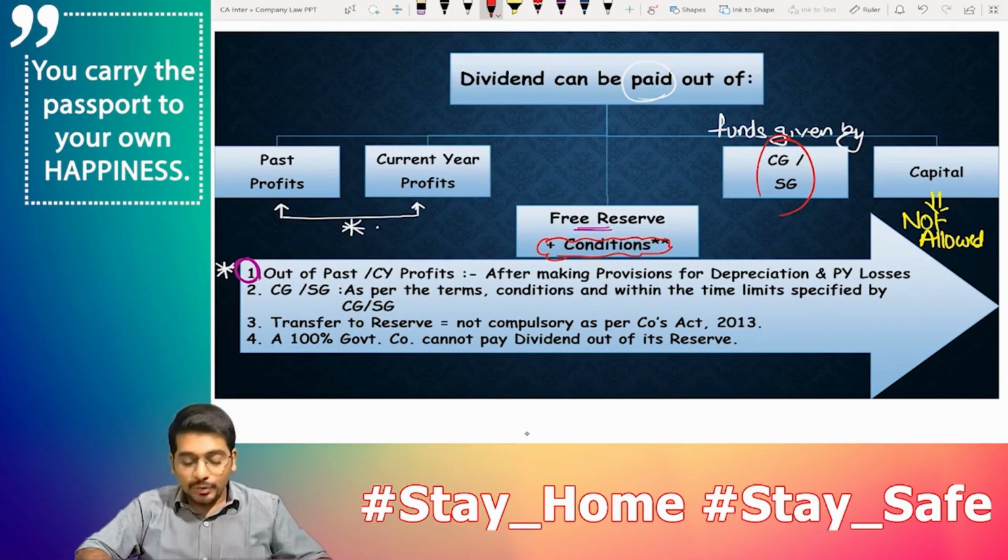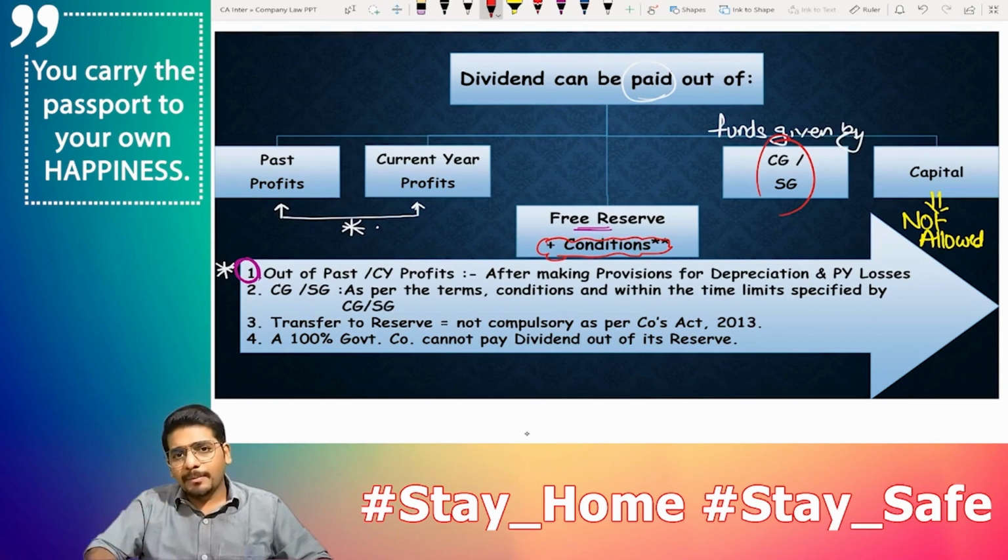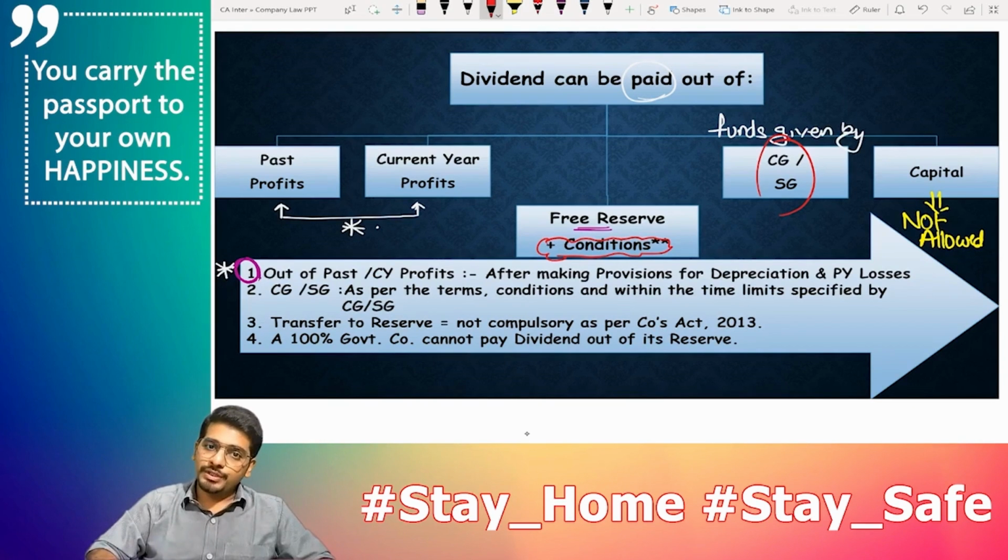And then you have your option of capital, the share capital of the company. Can you make the distribution of dividend out of the share capital of the company? Logically think, it is absolutely not allowed. Now, logically again analyze why it is not allowed, sir. What is dividend? Dividend is the return on investment for the shareholders. What is the investment of the shareholders? The shares which they have purchased, that is their investment.